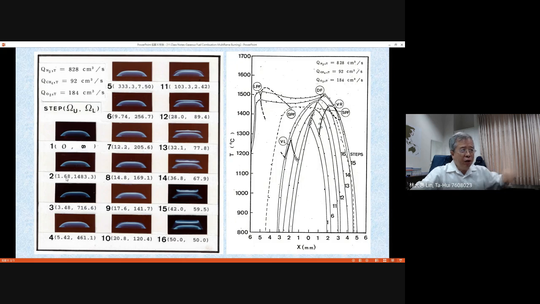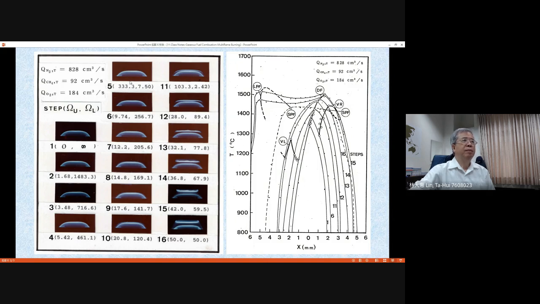Okay, that continues, we bring more fuel to the upper flow. You can see the omega U continuously increase, right? So you can see 5.42, and here